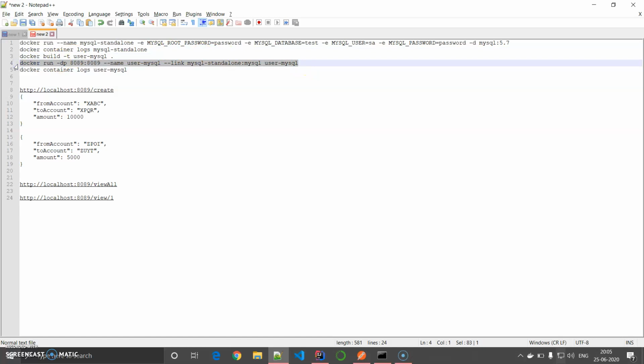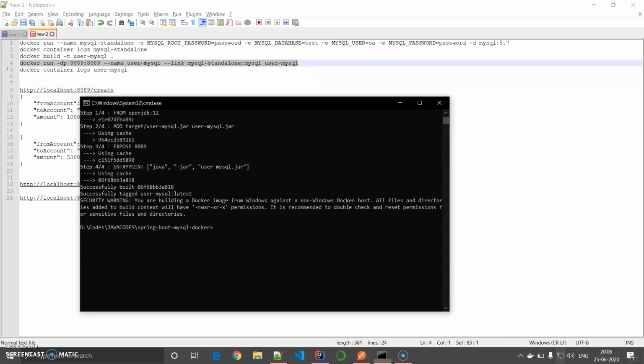Docker run -dp 8089, with the name user-mysql, and we are linking our mysql-standalone to MySQL, and linking this mysql-standalone to user-mysql. We are going to run this in detached mode.